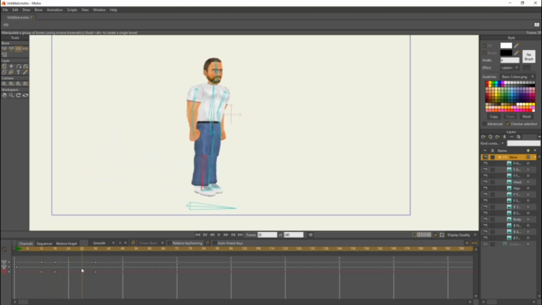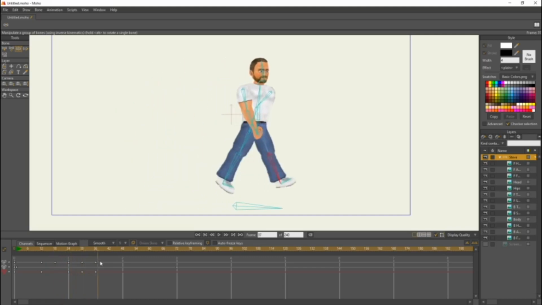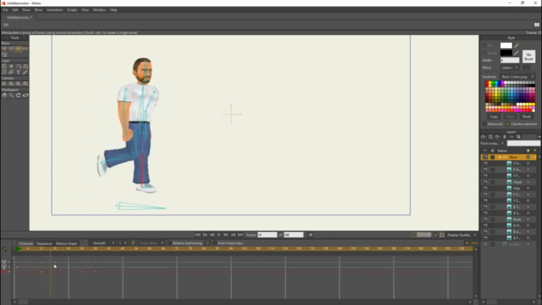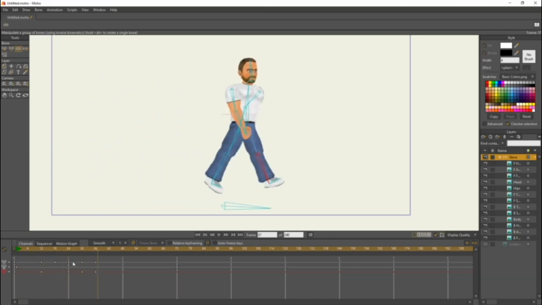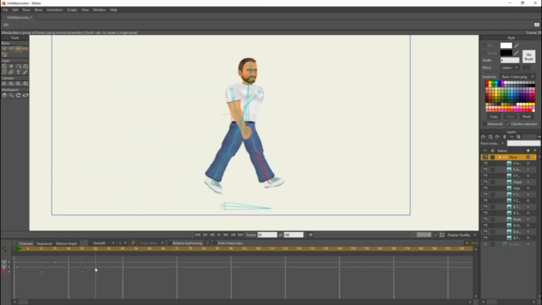And now at frame 30, he's swinging his back leg forward. So we're going to make his back leg bend up a bit. So it looks like he's walking with the back leg up. So now you can see it looks like he's walking a little bit. And these two keyframes, now frame 12 and frame 36, are the same. So we want those two to be the same. That's why we copied frame 12 and made it the same as frame 36.